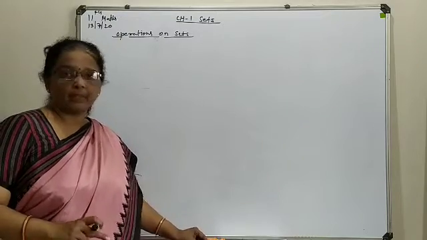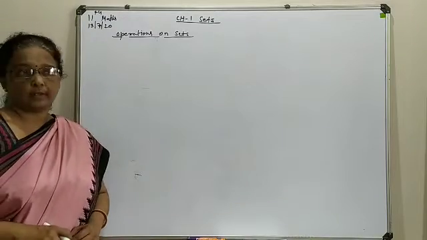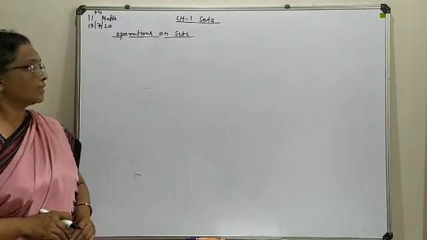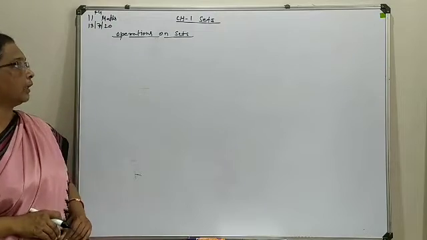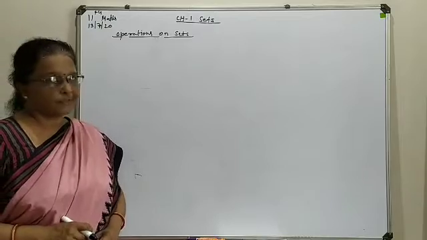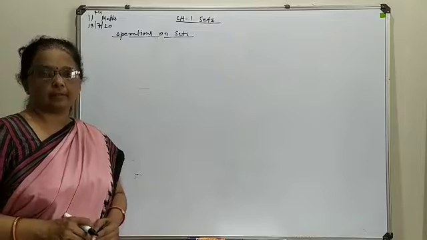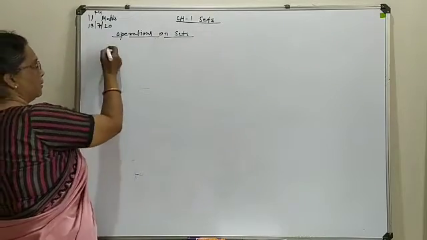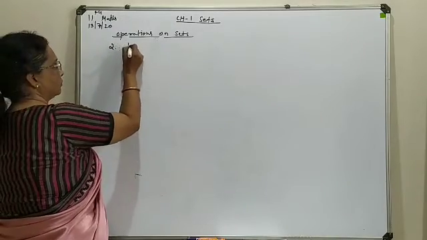Hello everyone. As in the last class we have started the operation on sets, and we have discussed the union and its properties. Some Venn diagrams we also discussed regarding the union of two sets. Now the next point we are going to discuss as an operation on sets is the intersection of sets. So let's try to understand what is the meaning of intersection between sets and what properties are associated with it.